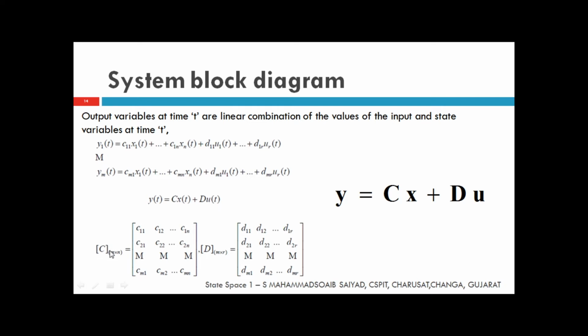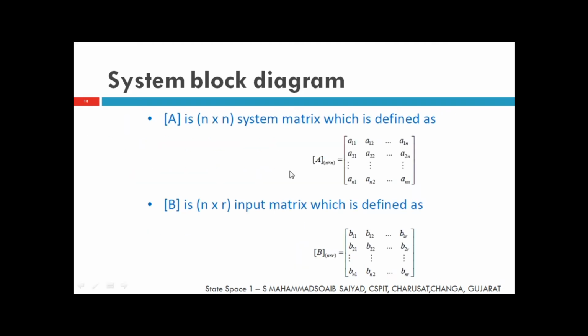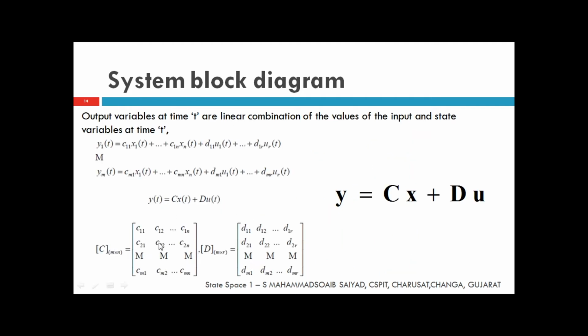Okay, so the C matrix I will get over here, and the D matrix I will get over here. Okay, so we now have four matrices. We have the A matrix, that is called the system matrix. B is nothing but the input matrix. C is the output matrix. Okay, and D is often said to be a null matrix. Most probably your D matrix will have zero terms, so that's why we are calling it a null matrix. Why?